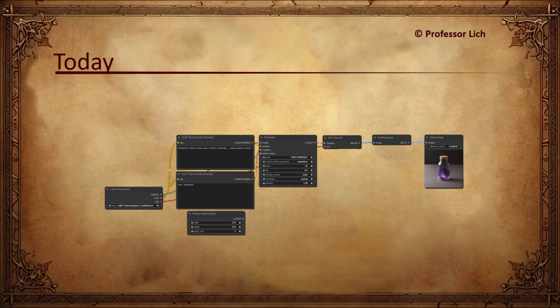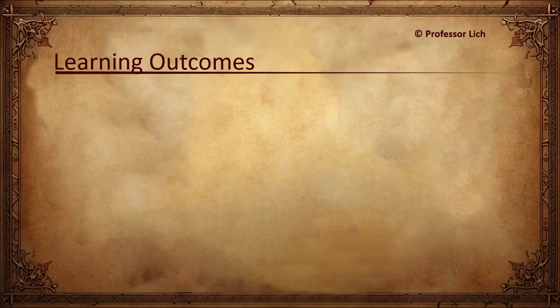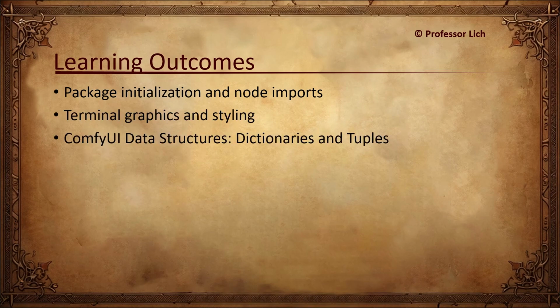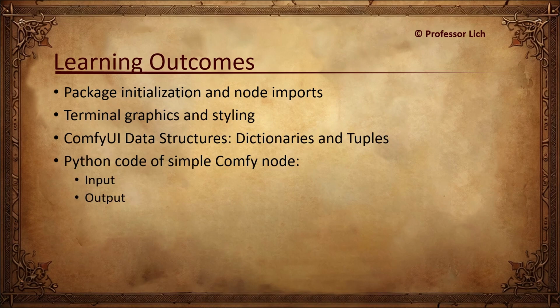Comfy UI is a modular graphical user interface for running Stable Diffusion, and this is what it looks like. As we pick through the inner workings of Comfy, this is, I believe, a good learning opportunity. Python is a powerful high-level programming language that powers Comfy and is a very useful skill to have, valued by employers. So we will learn about how a package gets imported, the terminal output, and data structures in Python, and ultimately, by the end of today, you will learn how to put together a simple node. So that's essentially the agenda for today.